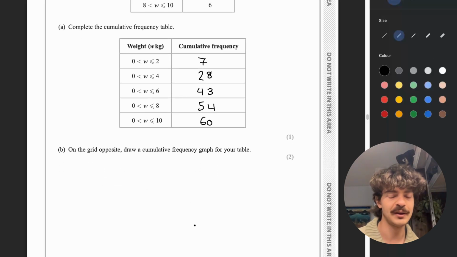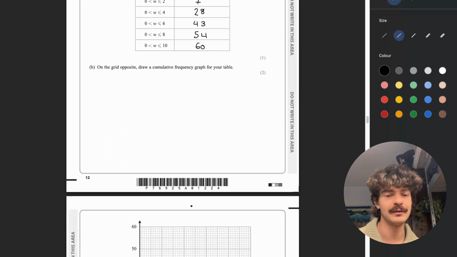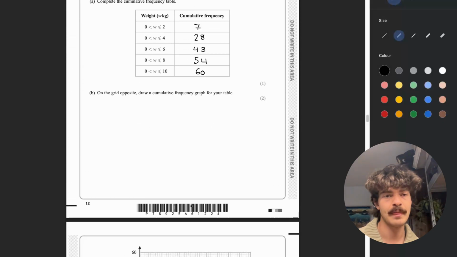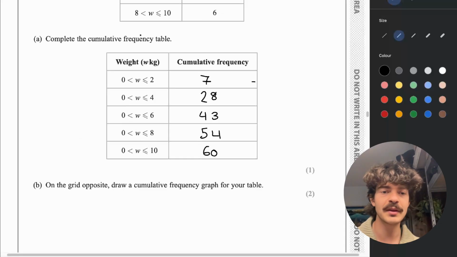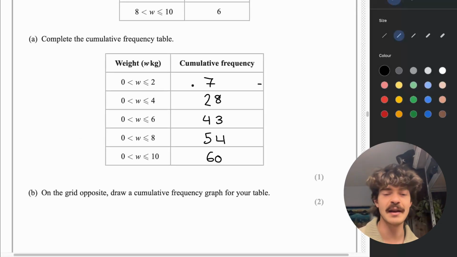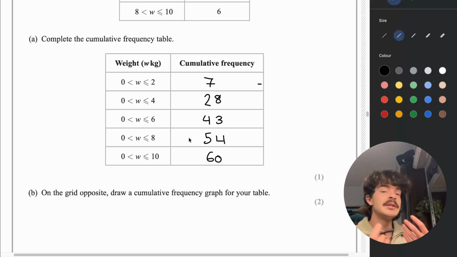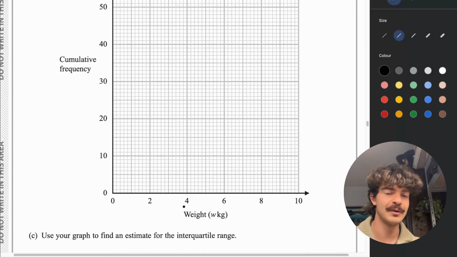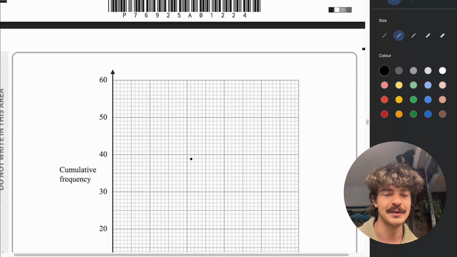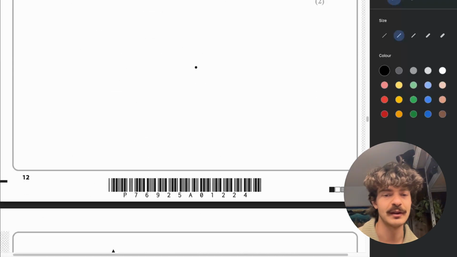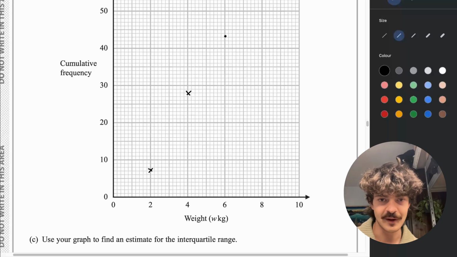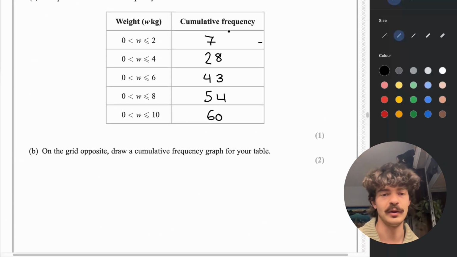Nice. And then for part B, on the grid opposite, draw the cumulative frequency graph. Okay, cool. So the way to do this is we look at our cumulative frequency, and we know that by the time we hit 2 kilograms, there must be 7. By the time we hit 4, there must be 28. By the time we hit 6, there must be 43. We don't know exactly where they are, though, right? So we've got to be a little bit selective with how we do this. We can't be putting these crosses right in the middle, or else we would be cutting off some of the values that we might have wanted, which is not how we want to go about this. Here we go, just plonk them all on, 54